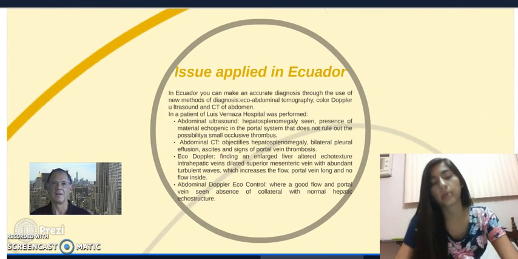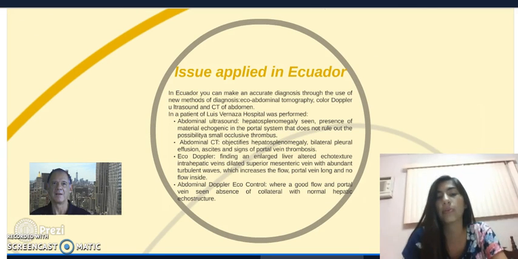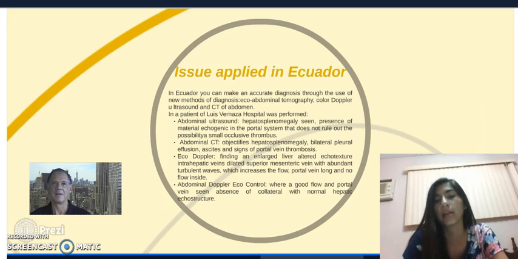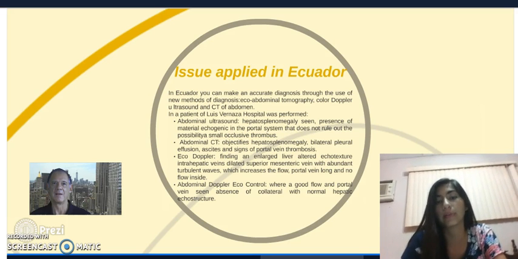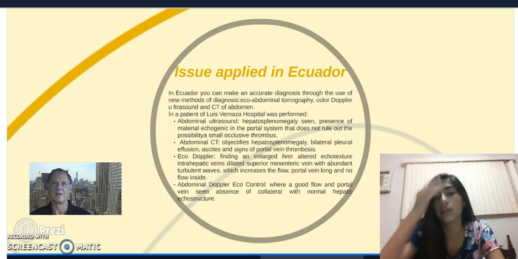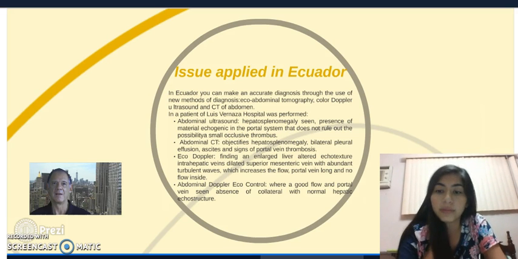In Ecuador, you can make an accurate diagnosis through the use of new methods of diagnosis like abdominal tomography, color Doppler, ultrasound, and CT of abdomen. In a patient with diverticulitis, an abdominal ultrasound was performed in the hospital,